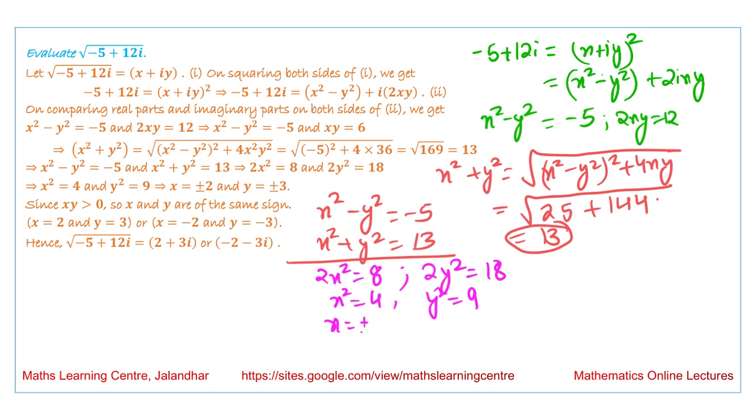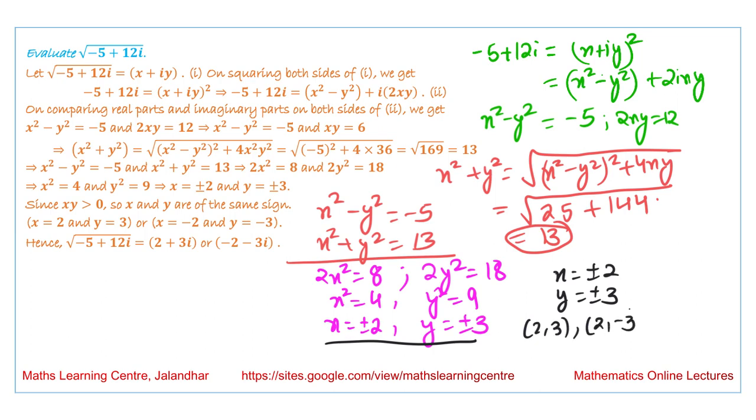The value of x is ±2, and the value of y is ±3. I am explaining this again: x can be ±2, y can be ±3. So the possible ordered pairs are (2, 3), (2, −3), (−2, 3) and (−2, −3). But from the condition 2xy = 12,